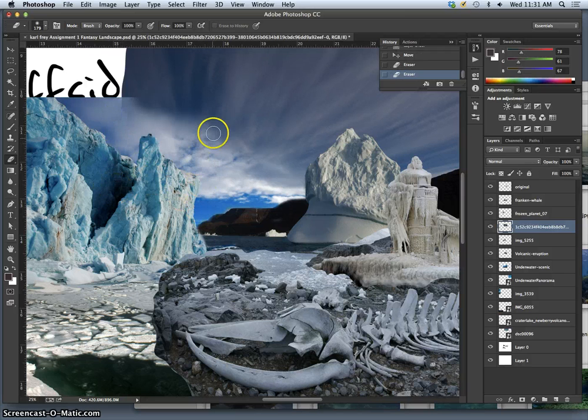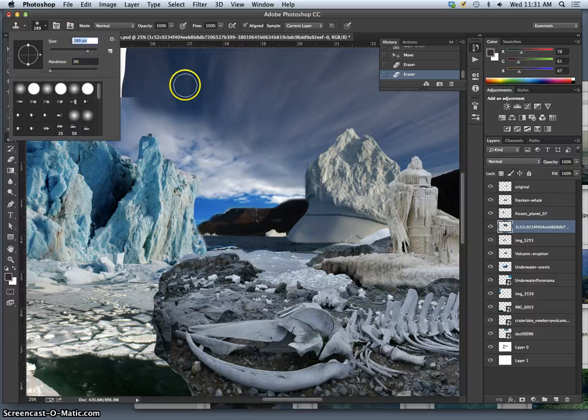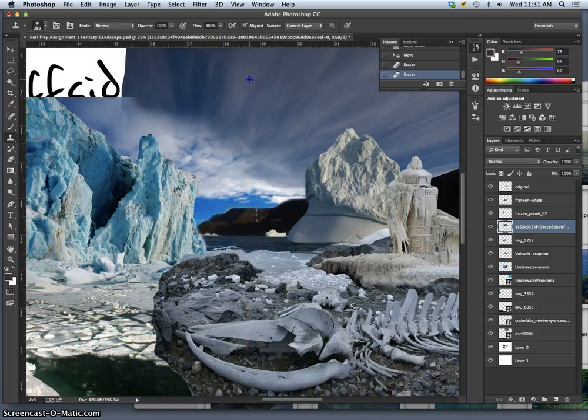And if I need to, I can do a clone stamp or a healing brush. Let's keep it simple and just use the clone stamp to start. And actually extend some of this color and texture behind so you don't have that hard edge. So the way the clone stamp works, and we'll be using this a lot in later projects, is you hold down Option, and you can use it at different opacities. I'm going to do it at 100% opacity. You hold down Option to target where you want to copy from. So if I want to copy from this content, and then I can paint that content in over here,